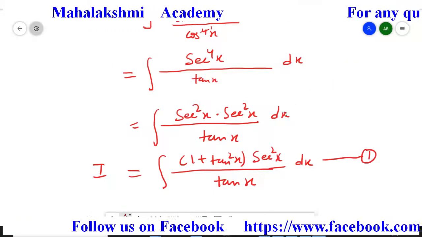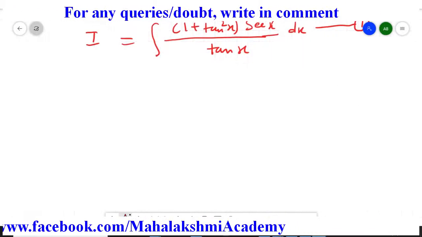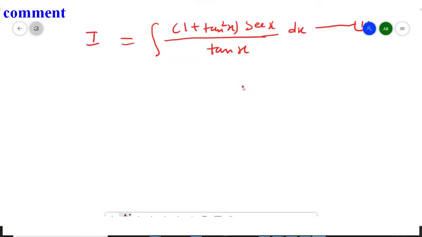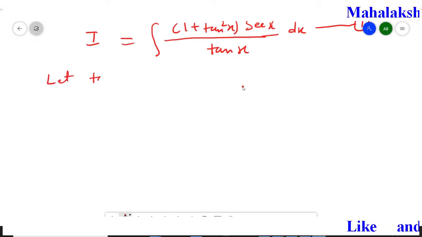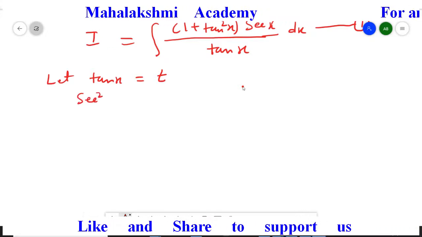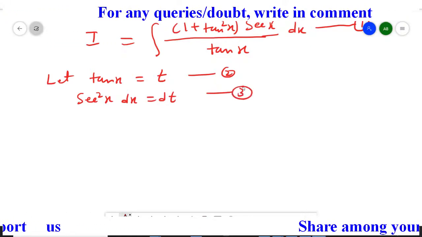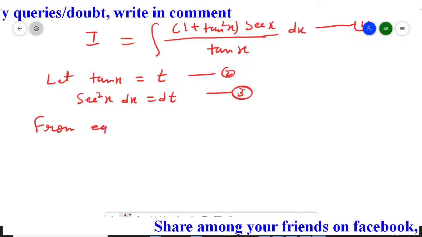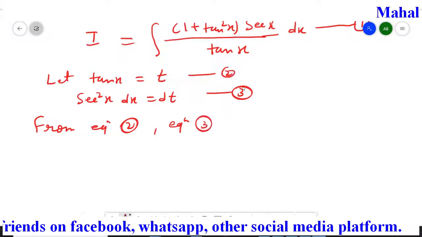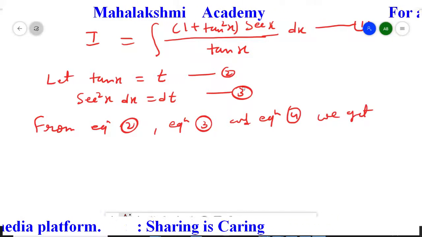Now students, we have to apply the substitution method. In the substitution method, we are going to assume that tan x is equal to t. So when we differentiate, we will get sec square x dx is equal to dt. So this is our equation second, this is our equation third. So we write here, from equation second, equation third, and equation fourth, we get